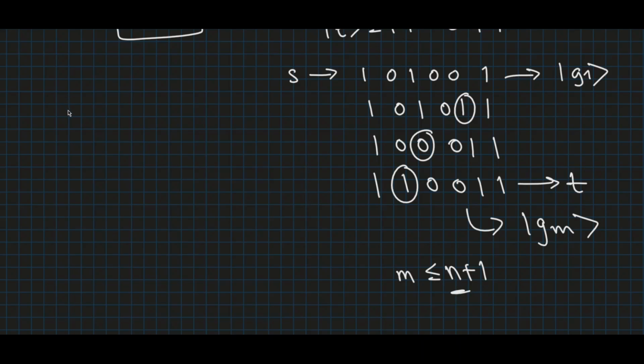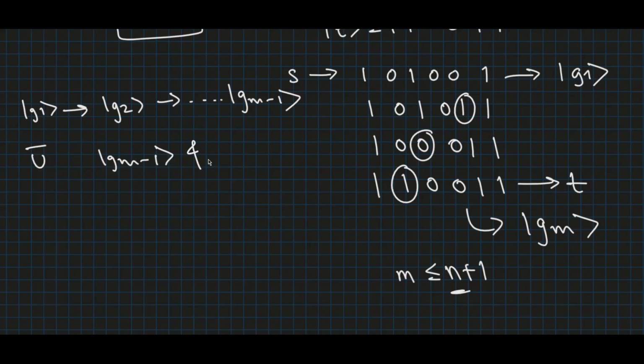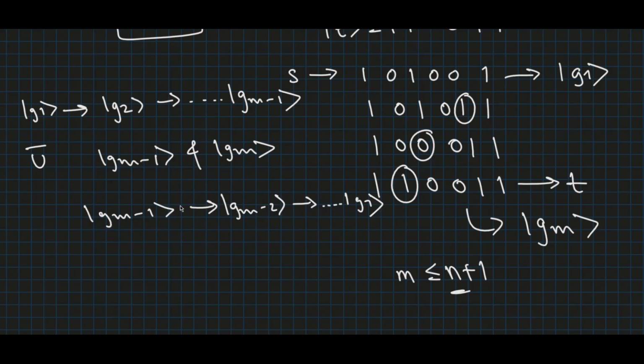The basic idea of the quantum circuit implementing U is to perform a sequence of gates effecting the state changes from G1, G2 till Gm-1, then to perform a controlled U bar operation with the target qubit located at the single qubit where Gm-1 and Gm differ, and then to undo the first stages, transforming Gm-1 to Gm-2 till G1. Let's take a simple example that illustrates the explained procedure.